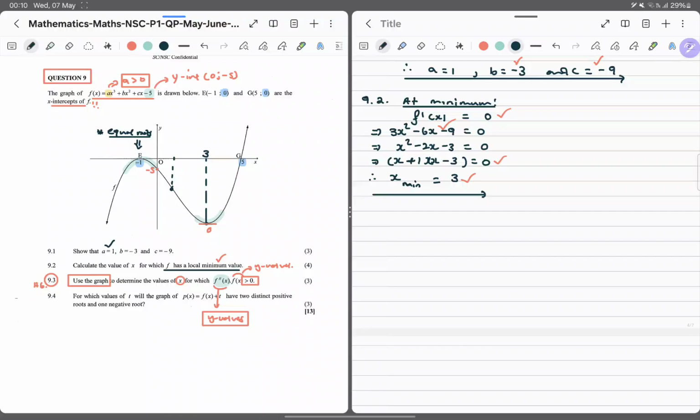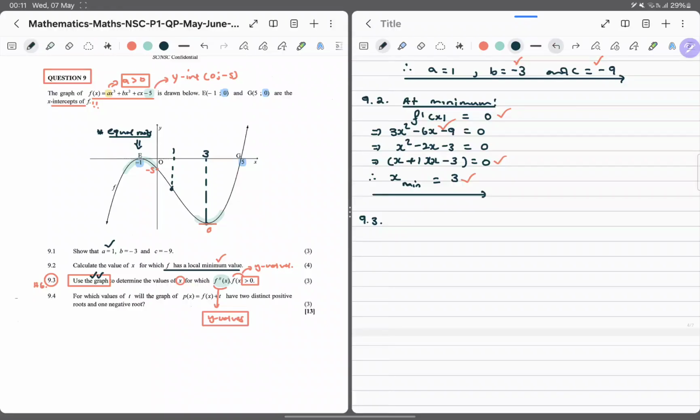So this would be the point of inflection where the x-coordinate is 1, which is the average between the x values of the two turning points. That's the essence of saying use the graph to determine this. So now we know that to answer 9.3, we need to be very technical. We can safely say